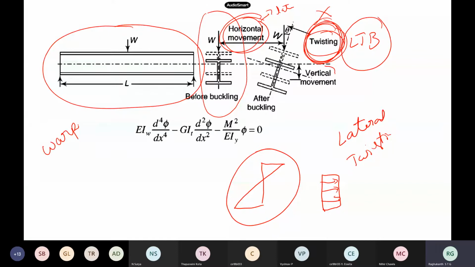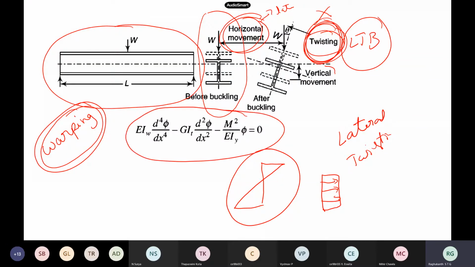In your undergrad mechanics of materials course, we don't do warping and others. But here, in all our steel tables, we don't have circular cross sections. The torsion formula you derived may be valid for circular cross sections, but for rectangular sections, I sections, channel sections, warping becomes very, very important. We will not go into the detailed derivation. Your equation will also be different, because when warping comes into the picture, the extra warping rigidity E IW also has to be added, along with the torsional rigidity GIT, and then of course the bending will be there.